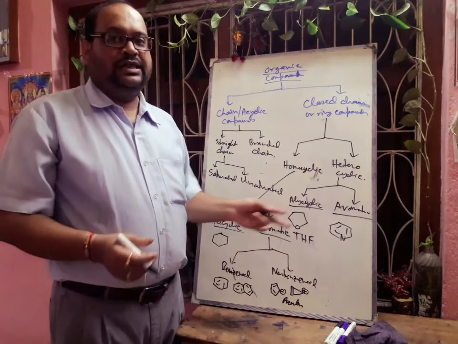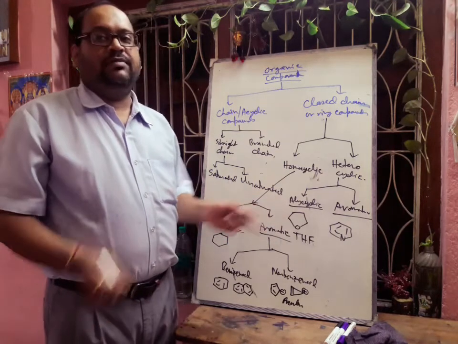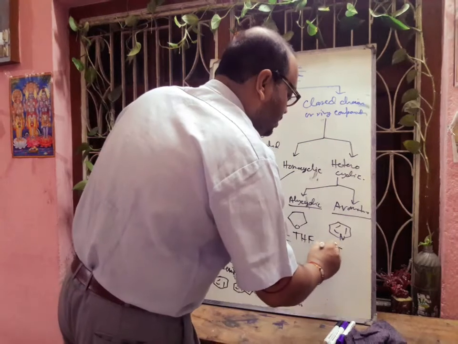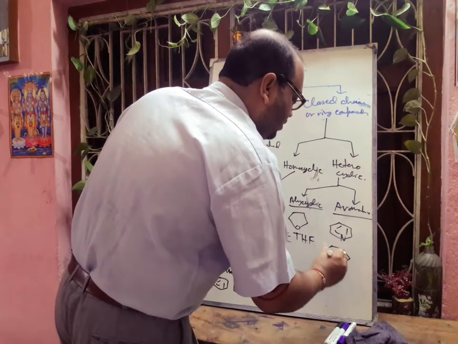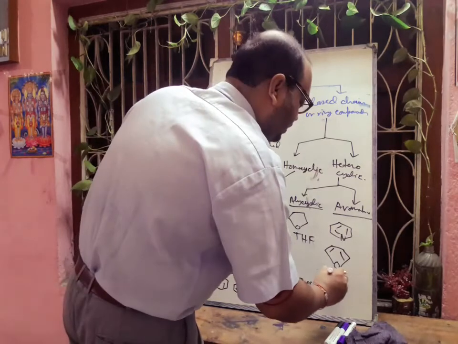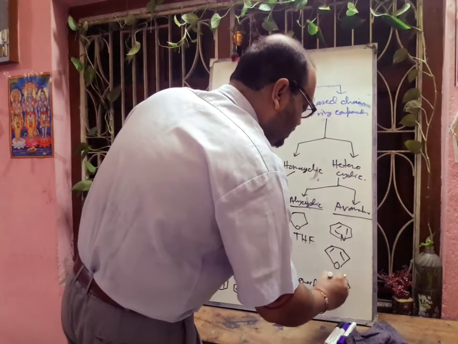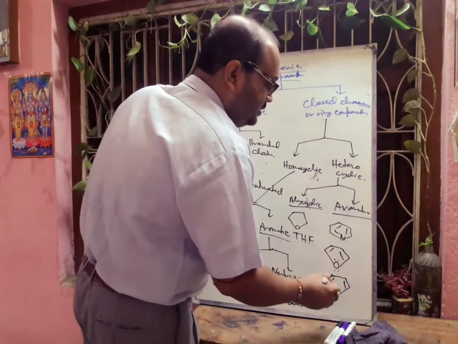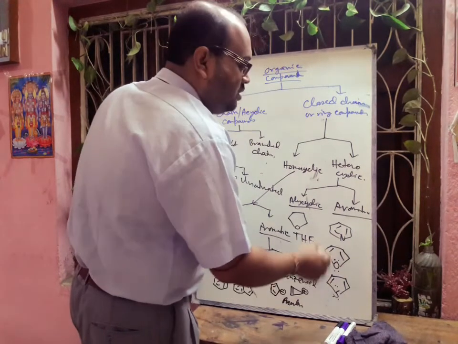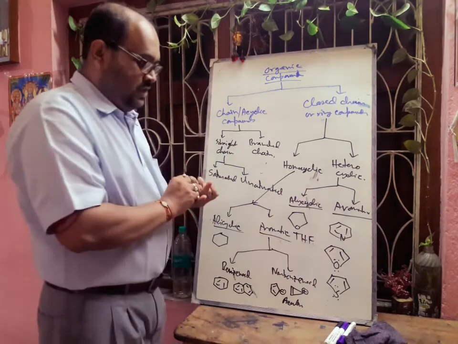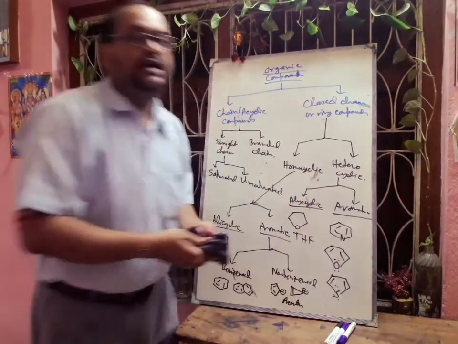So we can think about furan and pyrrole; these are also heterocyclic aromatic compounds. When we put oxygen here, this is also an aromatic compound. When we put sulfur here, that is also an aromatic compound. Here a lone pair is present. So this compound is called furan and this compound is called thiophene. In this way we can classify organic compounds.